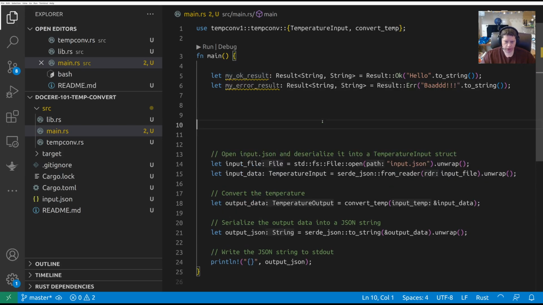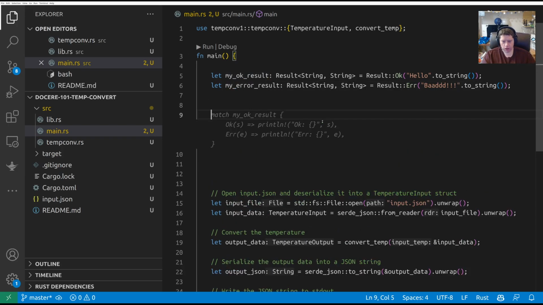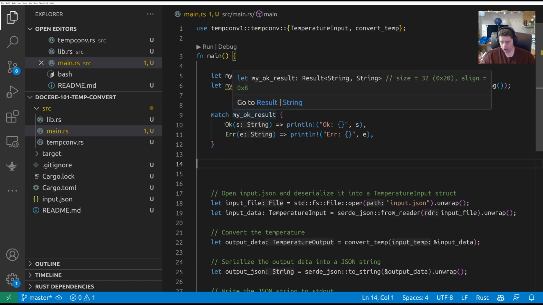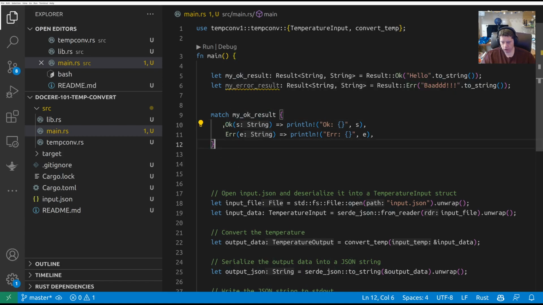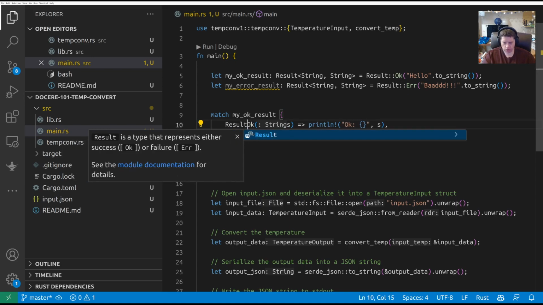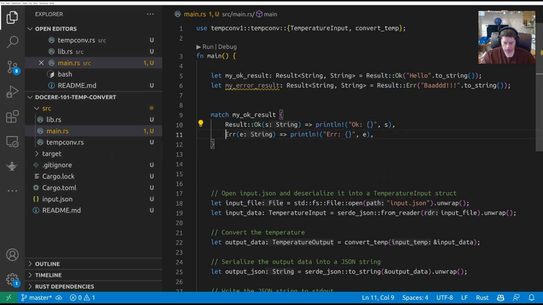And we can use match to extract that. Notice if we match my OK result, it's going to match the OK arm. This is shorthand for saying result OK and result error. And it's going to extract that value out of it and assign it to S, and then we're able to access that there. So if I actually ran this,